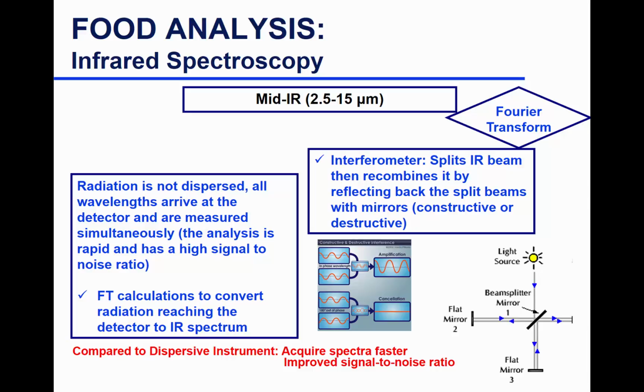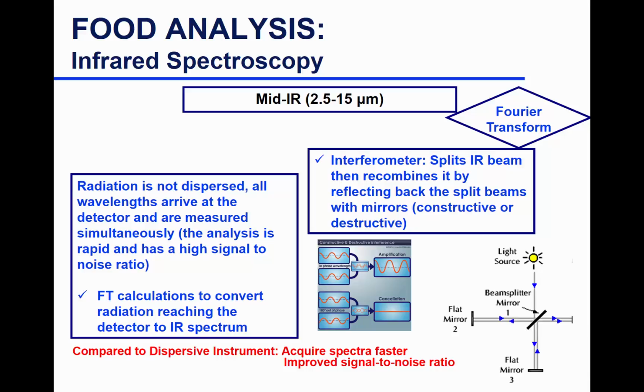What that means is that you have the source of light and it gets split by a beam splitter, and then there are mirrors positioned in certain positions that allow constructive or destructive interference of wavelength. You can control the intensity of the radiation that gets to your sample at a particular wavelength. This is very common in Fourier transform IR,